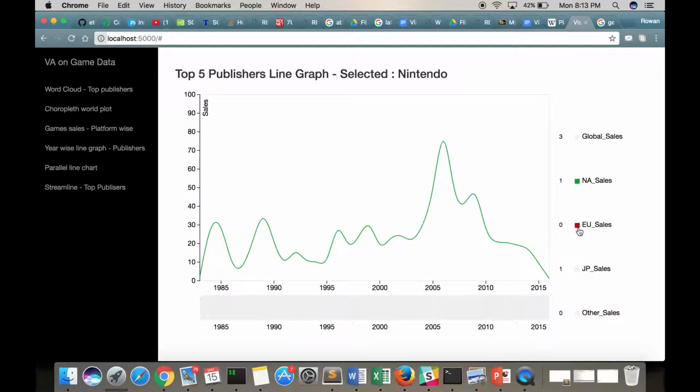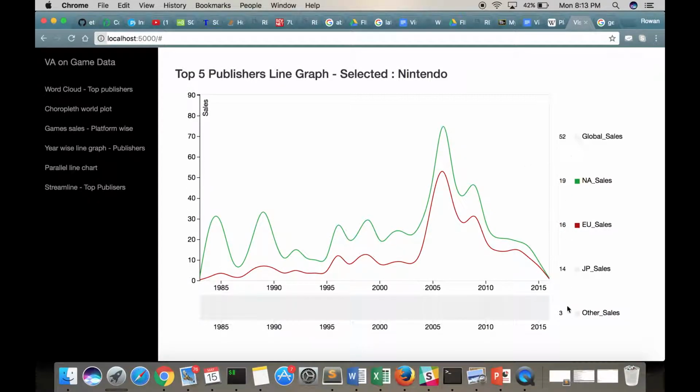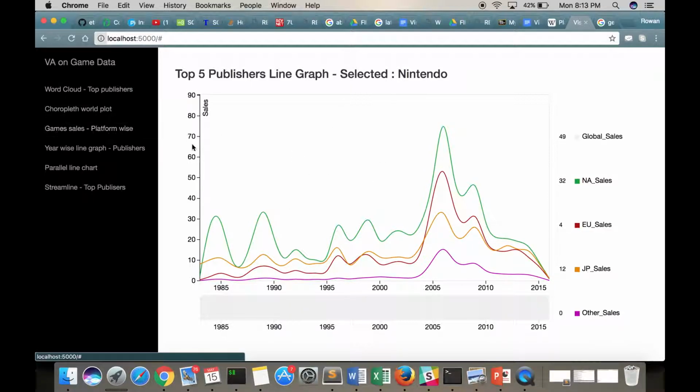This is an interactive graph, so using a click of a button we can get the European sales as well, and the Japan sales, and the other sales. So I'll come back to this graph later. I'll show you the other graph, like the